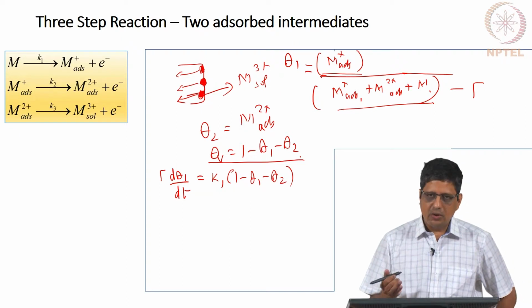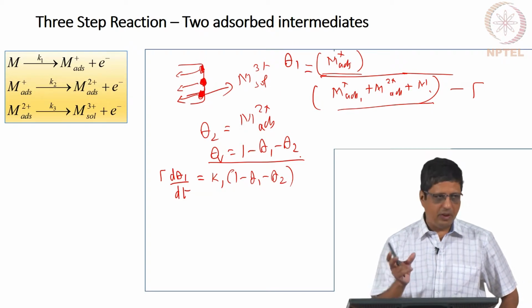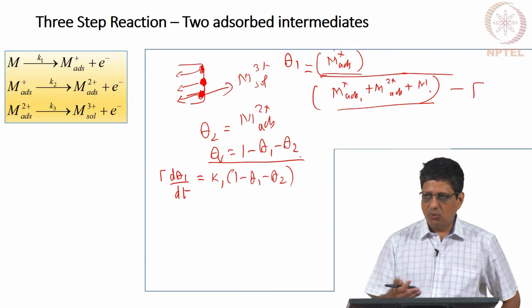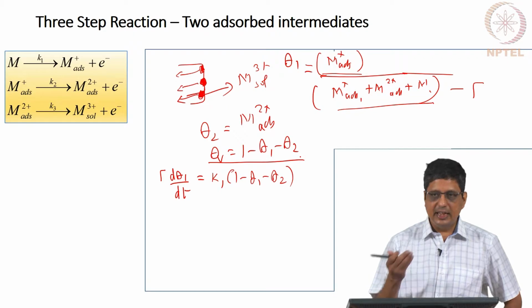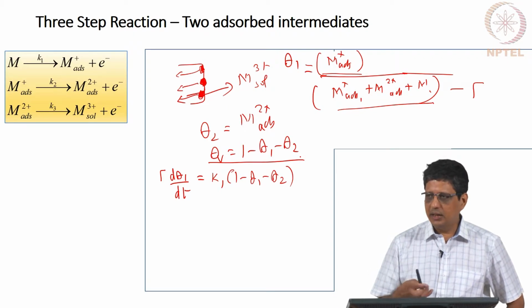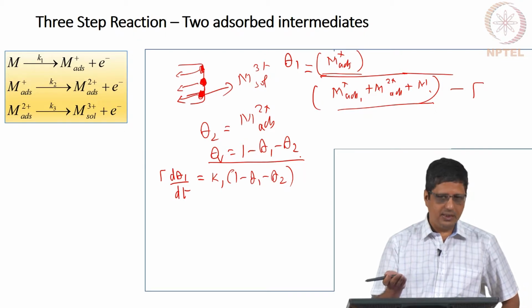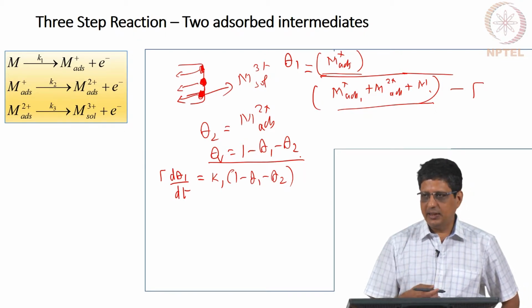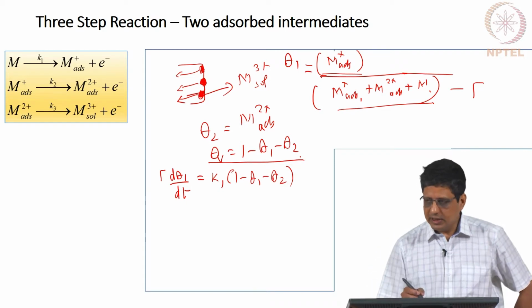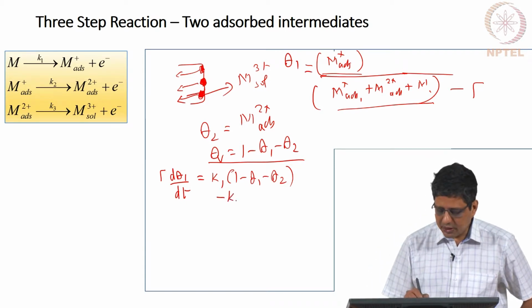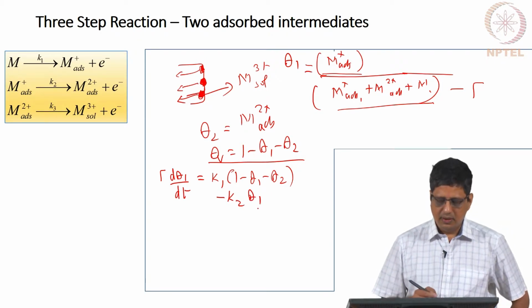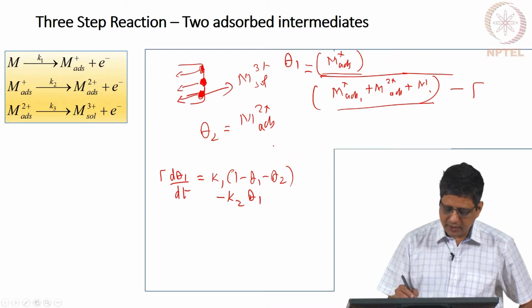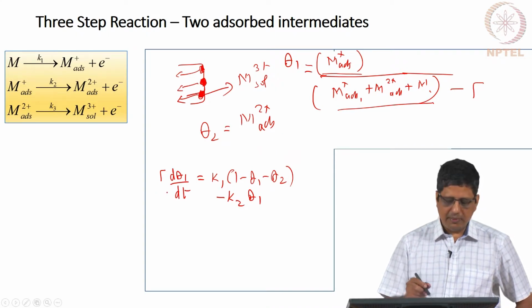See, theta 1, theta 2, theta V, they have a relationship that the sum of them has to be 1. So, I can always write one of them in terms of the other. So, previously for example, we just wrote theta, we did not write theta 1, theta V, we could have done that, that is all right, but we just write theta for the species and 1 minus theta for the vacant site. So, we will do the same thing here. So, first step forms it, second step consumes it, correct. So, this is what we write for the transient equation or mass balance equation for the M adsorbed species.